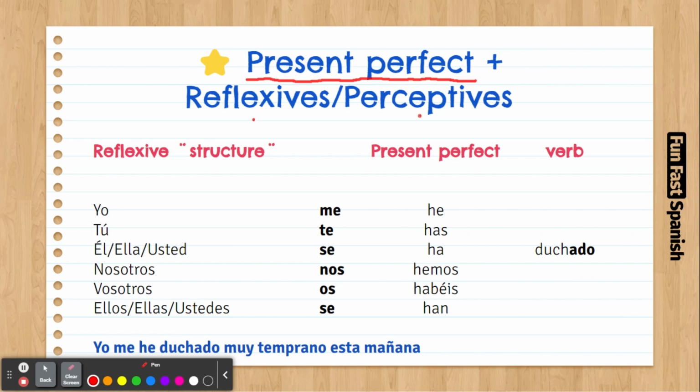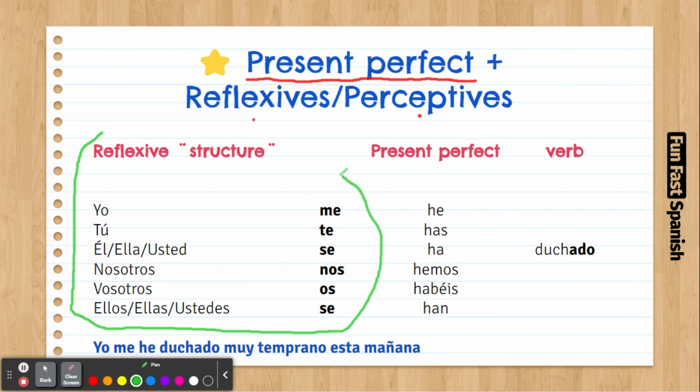How do we do this? So let's have a look first at the reflexives. So again, here we have the reflexive structure. We already talked about this so many times. And for those who haven't seen yet the survive level, I highly recommend you to get it, and in that level we are gonna study together the reflexives in depth. So, anyways, this is the reflexive structure: yo, me, tú, te, él, se, nosotros, nos, vosotros, os, ellos, se, and we're gonna add